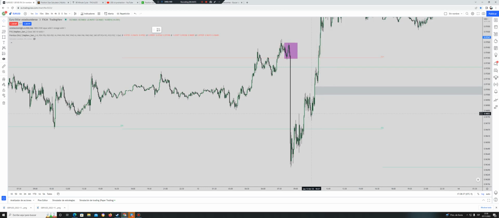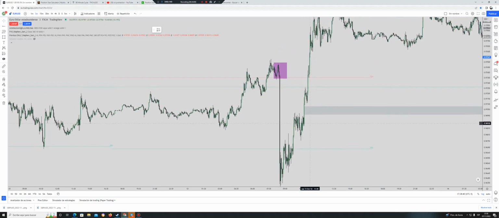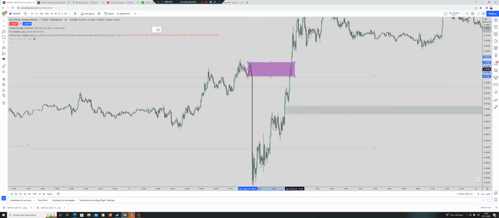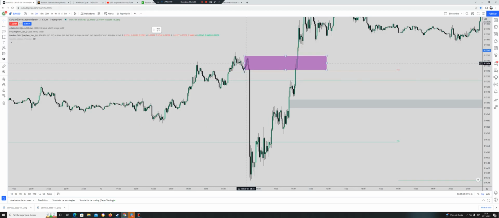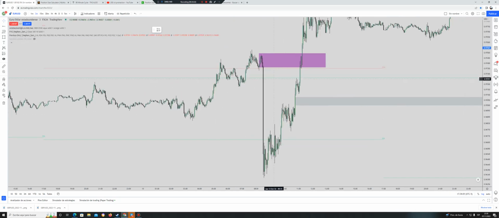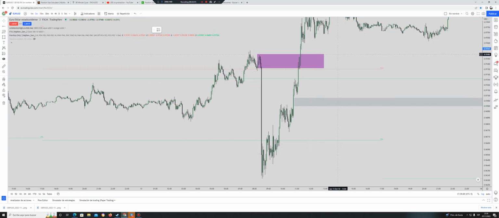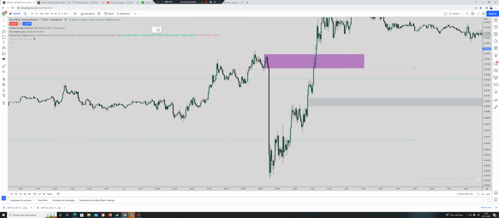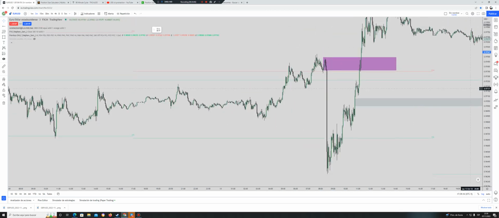what 10 is going to do most of the time is take all those orders, all those stops, and all those people trying to trade the move, because most of the people are going to try to trade it, and most of the people have their positions here. They were selling here, selling here, selling here, or they are now going to try to sell here, because they see the order block, they see the balance, they see everything. So when a big move like this